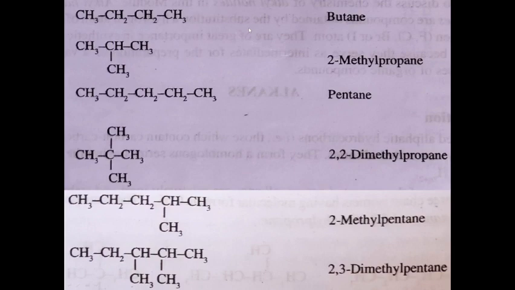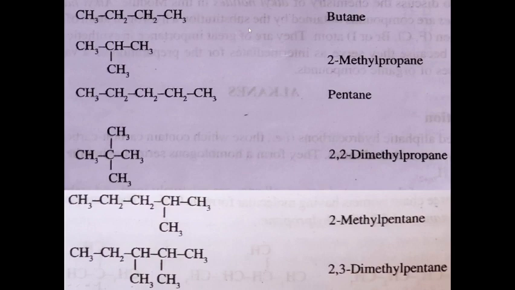Okay, and when you look at this compound, 1, 2, 3, 4, 5, there are no substituent groups. 5 is penta, we call it pentane. Okay, and in this one, 1, 2, 3 carbon atoms are there. The parent hydrocarbon chain is propane, and 2 substituents are there on the second carbon atom, 2 identical groups are attached to it, so this is the methyl group. So this compound, since 2 methyl groups are there, is 2,2-dimethyl propane.